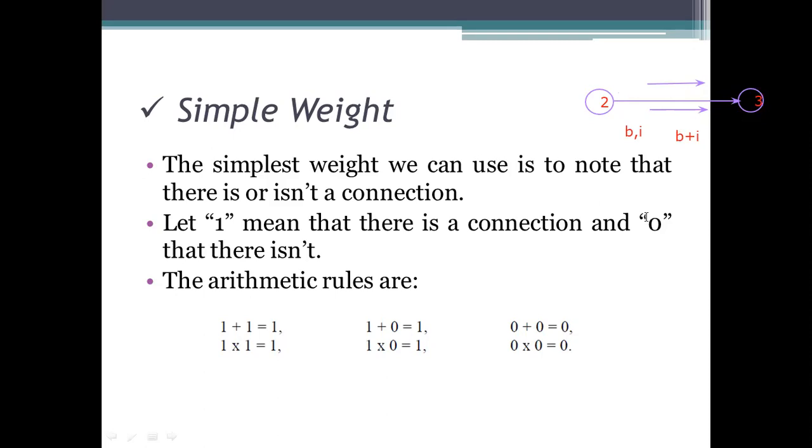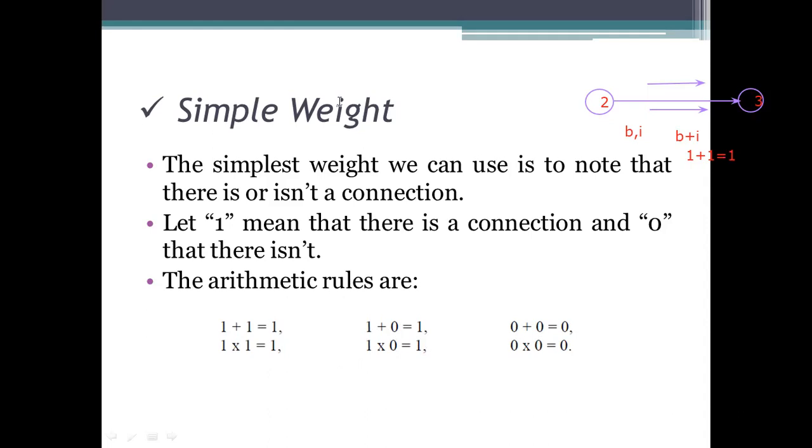The matrix representation here is, if there is an element, 1 plus 1 has to be specified. If you are taking multiple edges from one node to another node, it will be considered as a single edge only. That's why it is taken as a 1. And if it is 1 plus 0, it is 1. So while performing the arithmetic operations, you need to know the rules here. 1 plus 1 is equal to 1, 1 into 1 is 1, 1 plus 0 is 1. Anything into 0 is 0, and 0 into 0 is 0. 0 plus 1 is 1, 0 plus 0 is also 0. So these are the rules we need to remember while reducing.